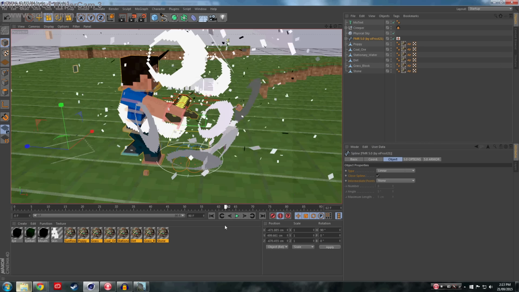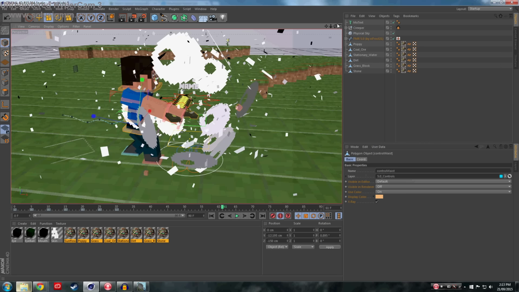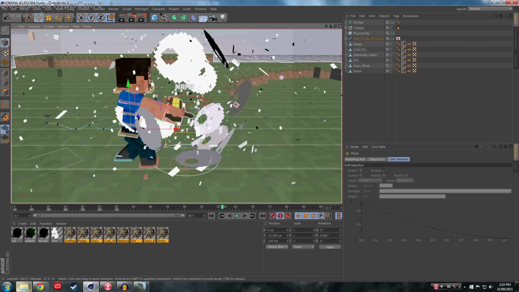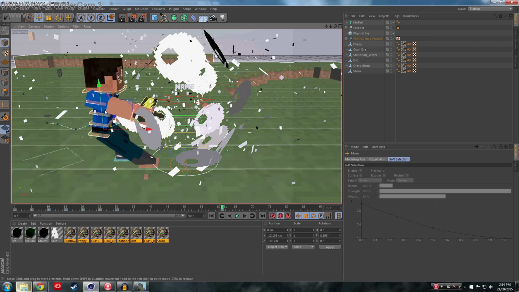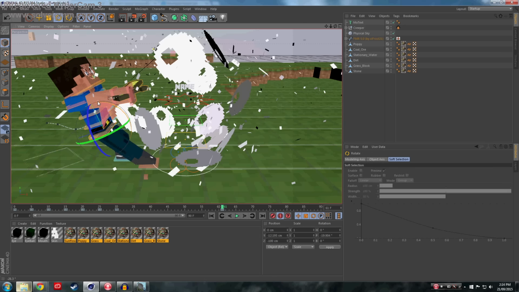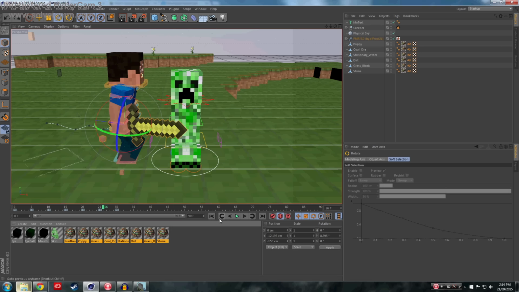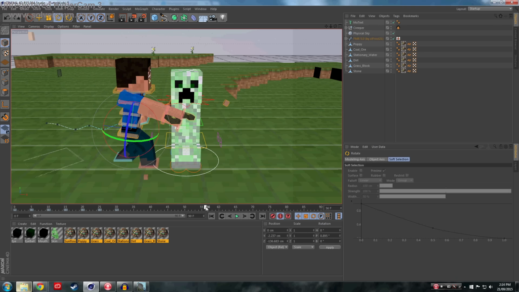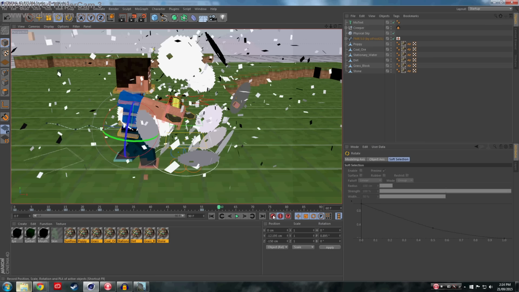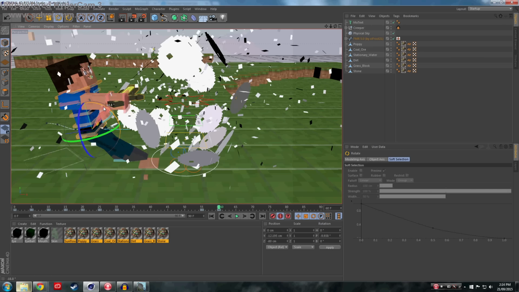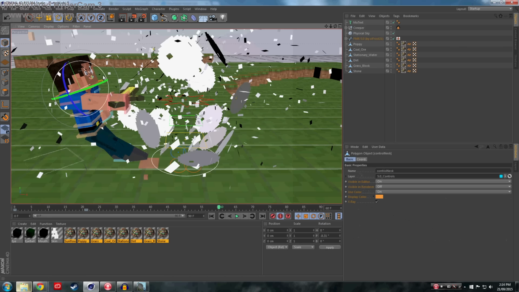So as he hits, I want this guy to go, turn this on, give you global movement, and I want him to go back and rotate. Actually, before I do that, I want to set a keyframe here, and then we can go back and rotate there,